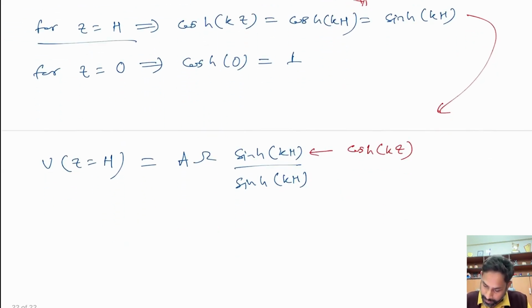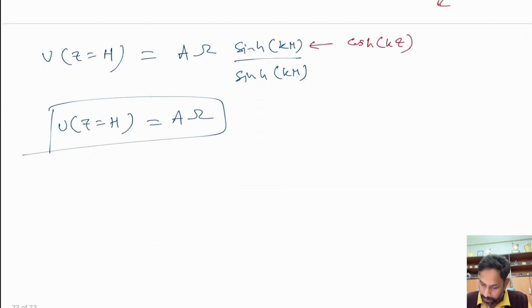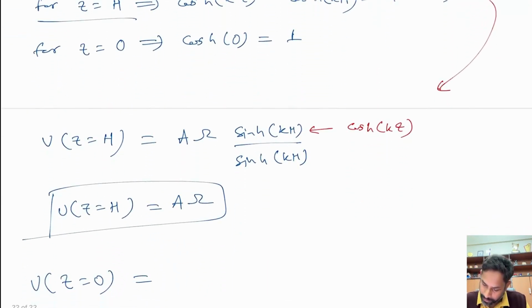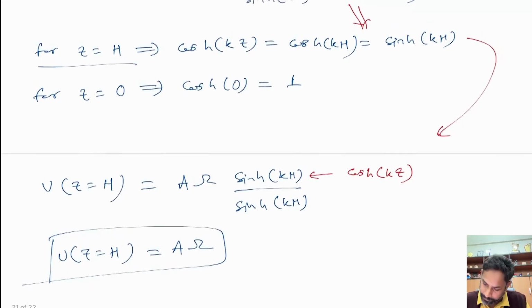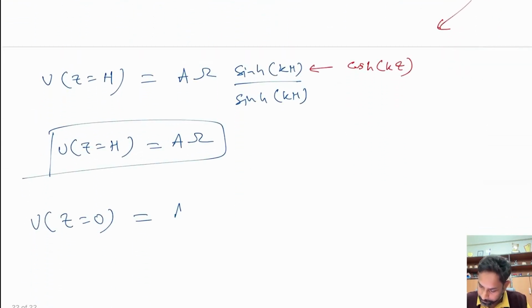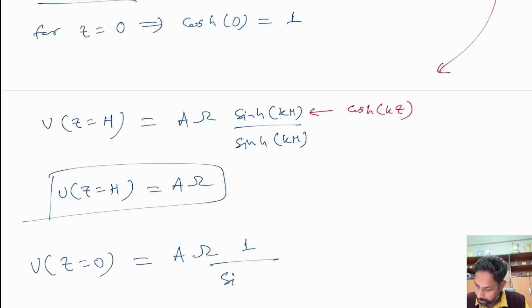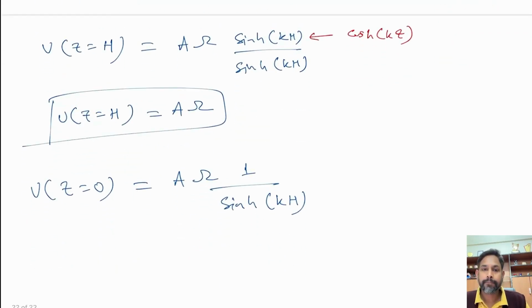So that actually means that u at Z equal to H is equal to simply a omega, right? Whereas u at Z equal to 0 gives you a omega times 1 over sine hyperbolic of KH, right,